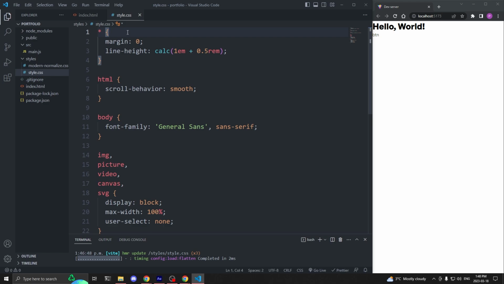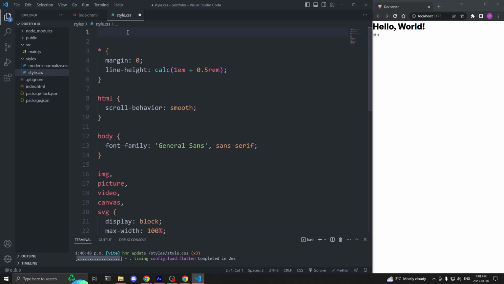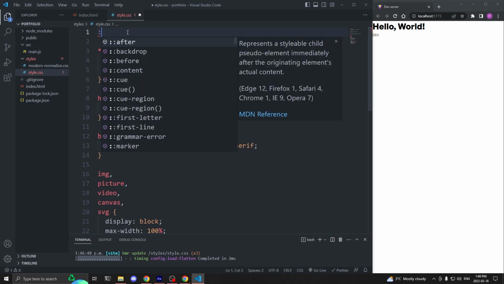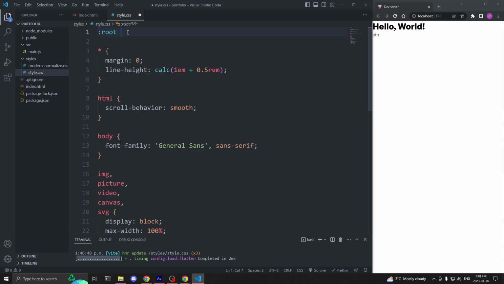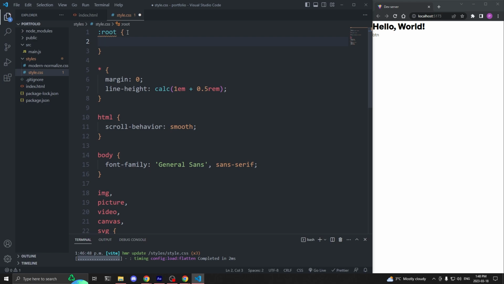I'm going to put my colors inside CSS variables because colors are properties we constantly have to use, and referencing them through variables makes our lives a million times easier. At the top, before everything else, I can select the root like this. And now I can start giving names to our